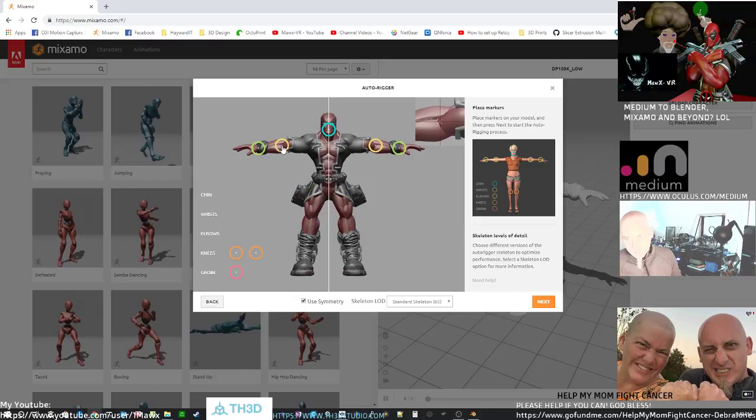Elbows. So pick your elbow point, pick your knees, and your groin. All right. And then if you have any import issues, if you click next on this and it spins for a few minutes and fails,